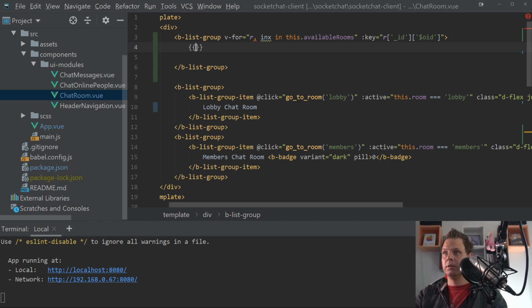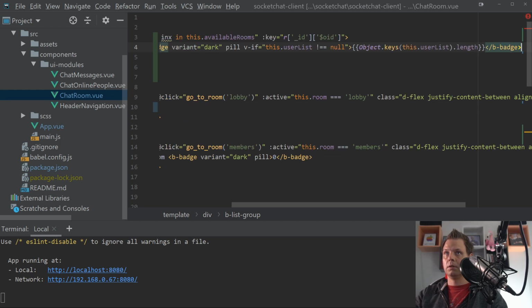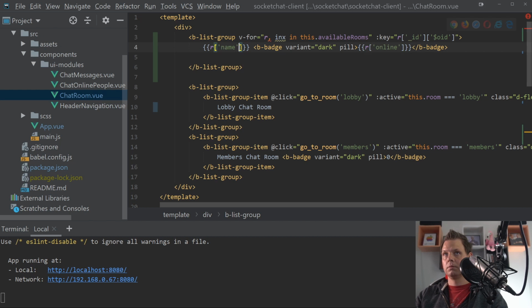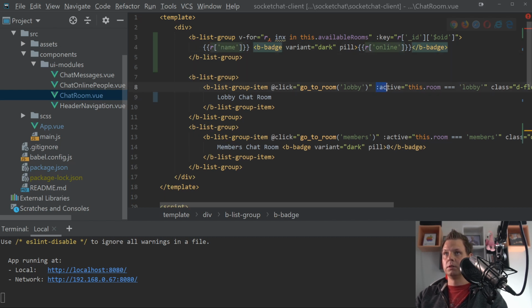Need the name of it. Should be R is equal to the name. And then the budgets here, dark. If this one, the only thing I need inside here is online, and then we need the copy activity, going up here and say